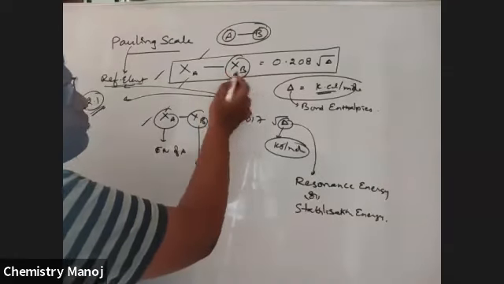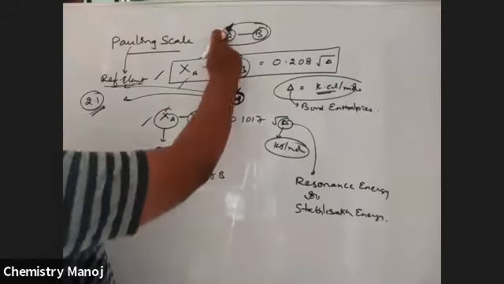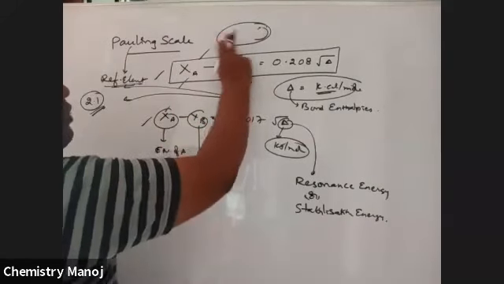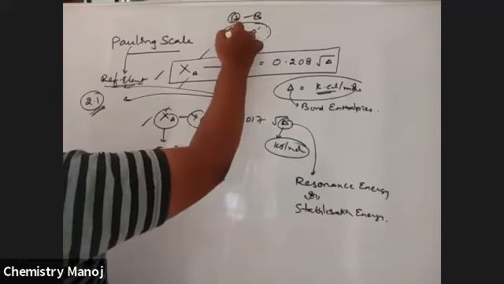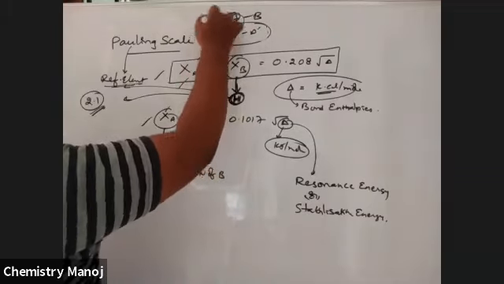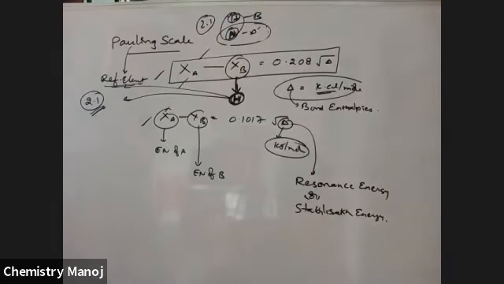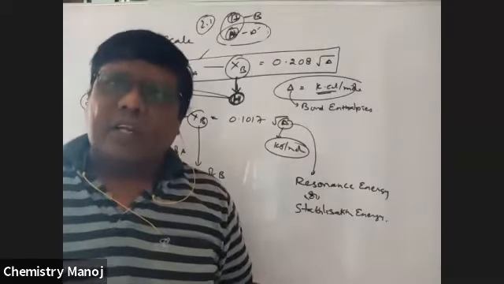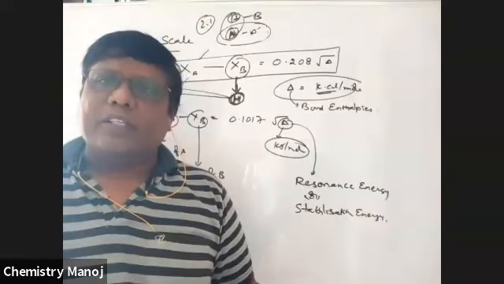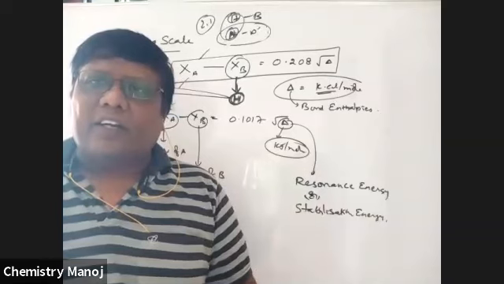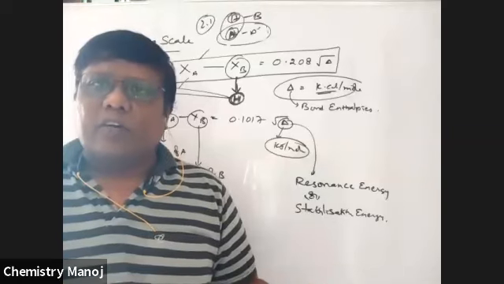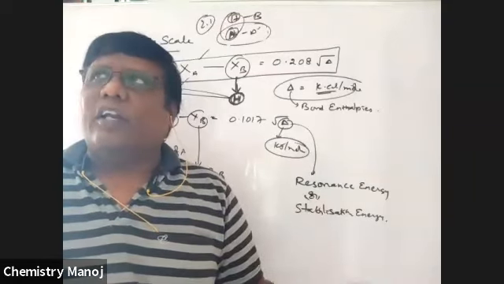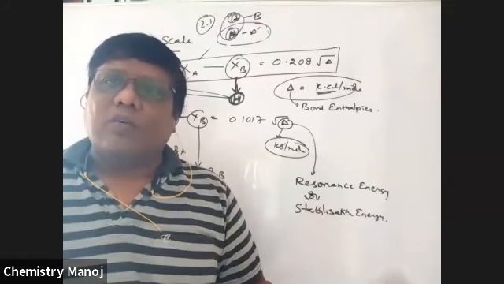So of those two atoms A and B, one should be taken as hydrogen. That means there is a bond between hydrogen and A, and hydrogen and B. So one of those atoms must be hydrogen. Its electronegativity is taken as 2.1, and another element's electronegativity is going to be calculated. So my dear boys, in the Pauling scale, the reference element is hydrogen. Its electronegativity is fixed to a value, that is 2.1. No units. By taking hydrogen electronegativity as 2.1, the remaining elements' electronegativities are going to be calculated.